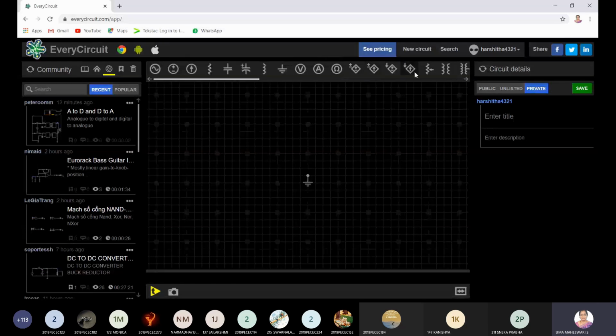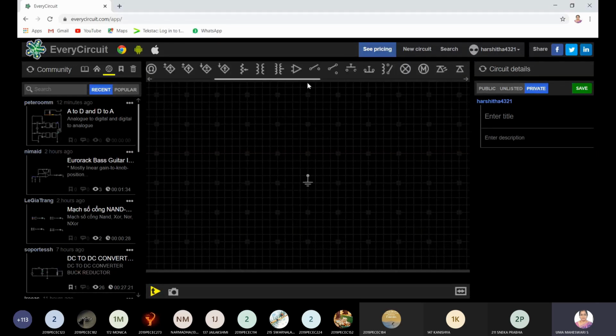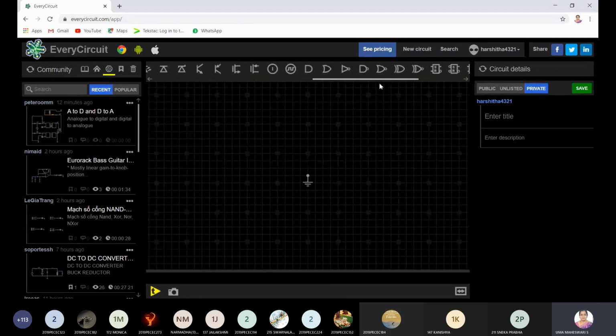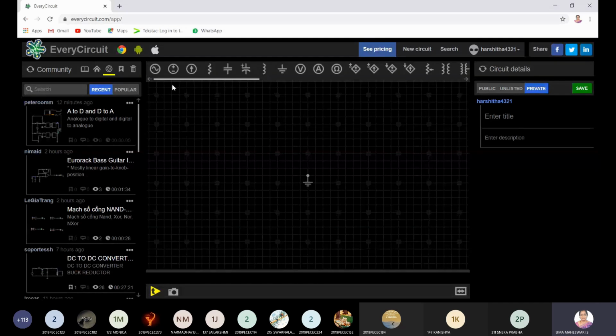Your different types of controlled sources. You'll be having various types like voltage controlled current source and all those stuffs. You'll be using them in higher semesters. As you proceed, switches, everything will be available. Your LED, your PN diode, your Zener diode, your transistor, NPN type of transistor, PNP type of transistor. This is your MOSFET of N type. This is your P type. Likewise, you can have a glance at the various components which are available there. Okay, so first let me draw the fixed bias circuit. So I have to choose which type of transistor for drawing fixed bias.